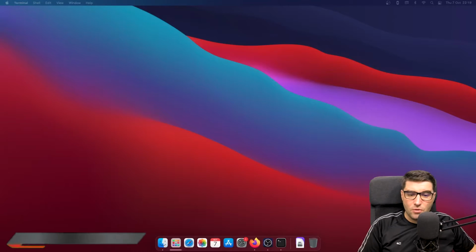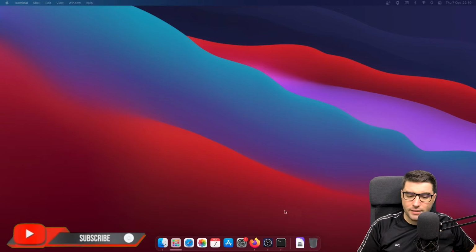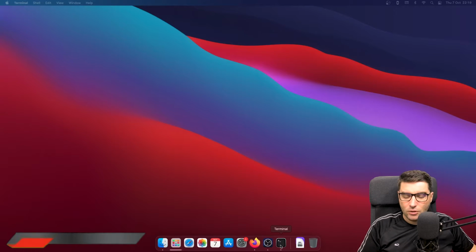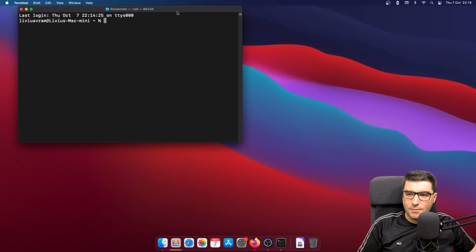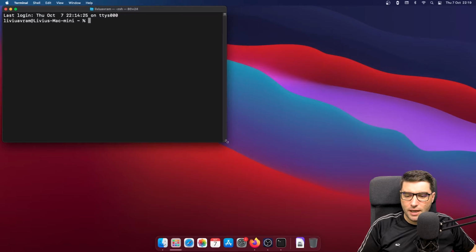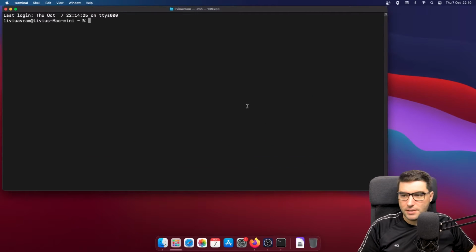Okay, so we have our brand new Mac. It has nothing installed on it, which is automation wise. So the first thing I'm going to do is to open up a new terminal. I've already modified the font so you can better see what is going on in here. So what I'm going to do first is to verify that my Mac has Python and Python 3 installed.